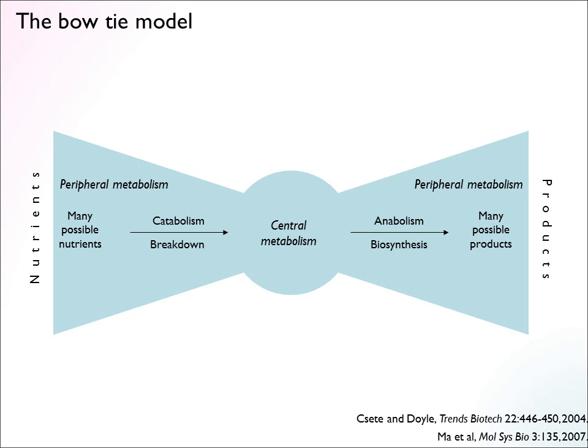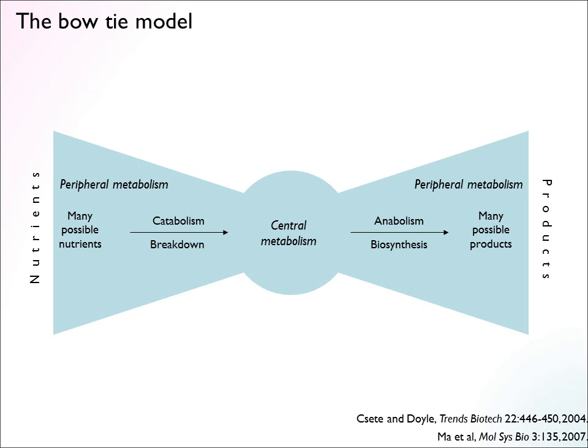So that's a tough problem. The cell has to be able to convert a lot of things on the input side, if you will, to a lot of things on the output side. And if you had an enzyme for every possible combination of something here and something here, the number of enzymes that you would need would be huge. So it stands to reason that that's not going to happen. And so what